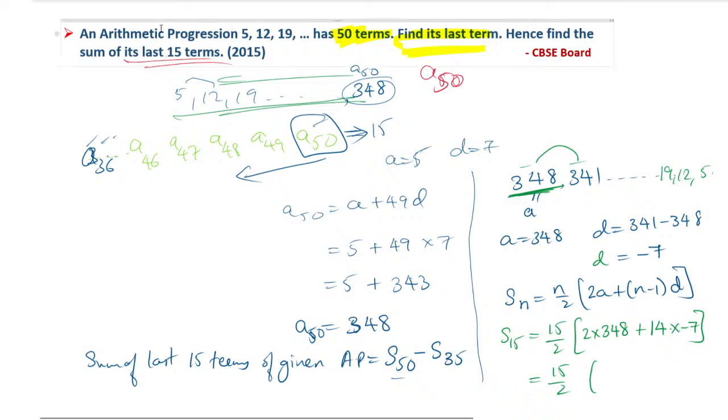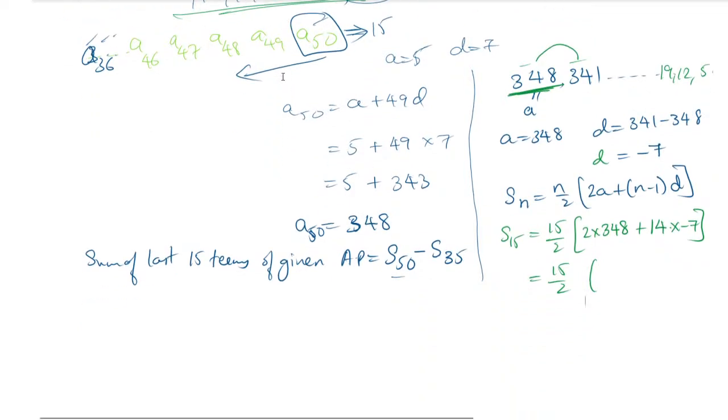Okay, I will tell you, don't worry. If you are not getting it, don't worry, I will tell you. So this is the method you can follow. One second, I will calculate this. 2 into 348 is 696. 14 into 7 is 98. So it will become 15 by 2 into